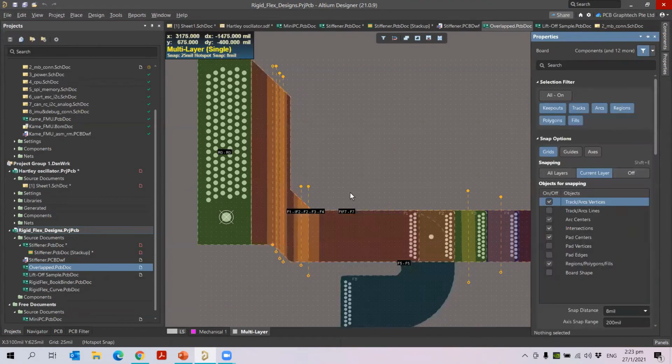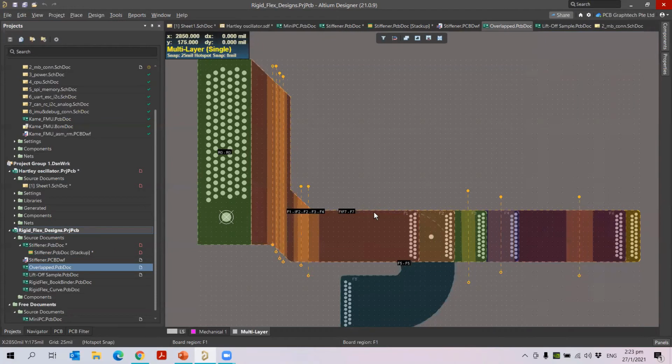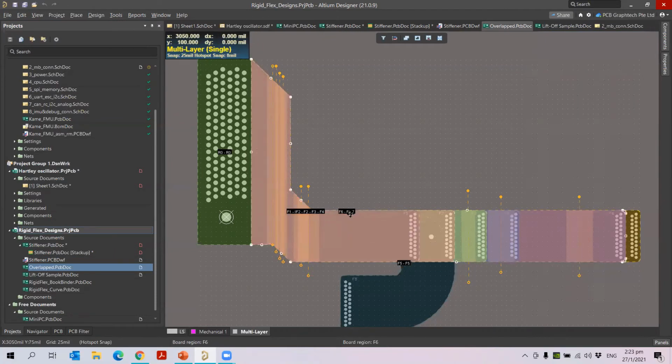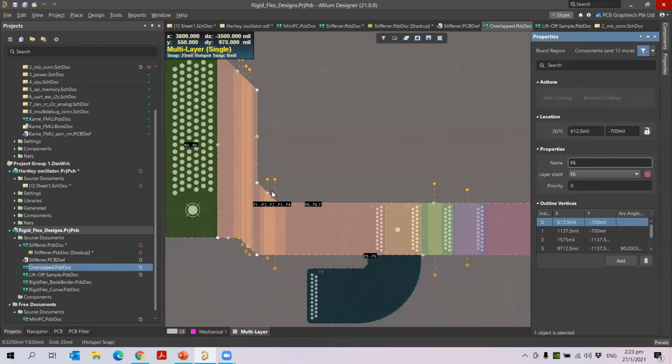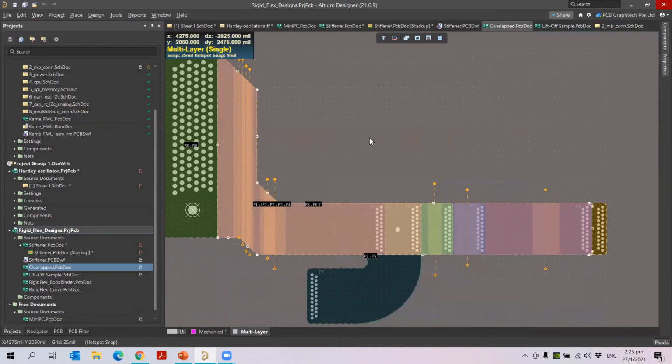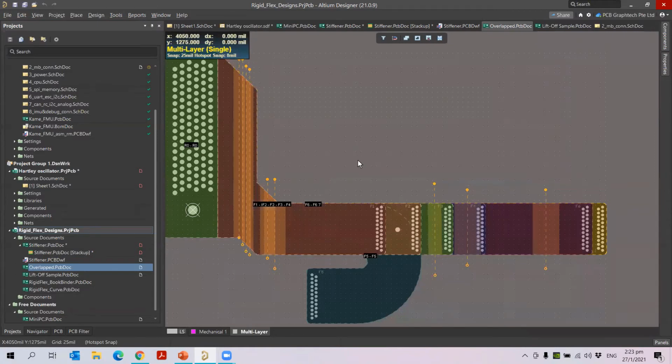Okay, so next I just want to click on one more layer. I double click on this, and you will see the F6 layer. Based on that, you can see the priority level here. The priority level is very important. Since many layers are overlapped, the priority of selection for this region will depend upon the highest priority number. For example, if any one region has a priority number of 5 or 6, that has the highest priority for bending of the regions.